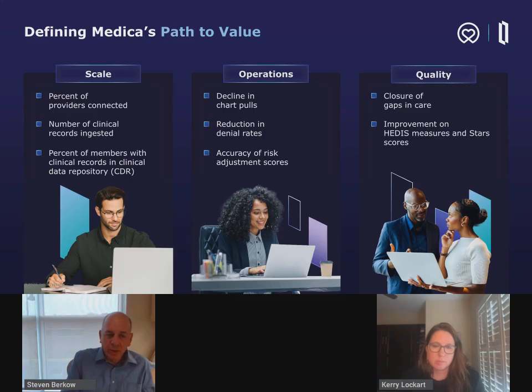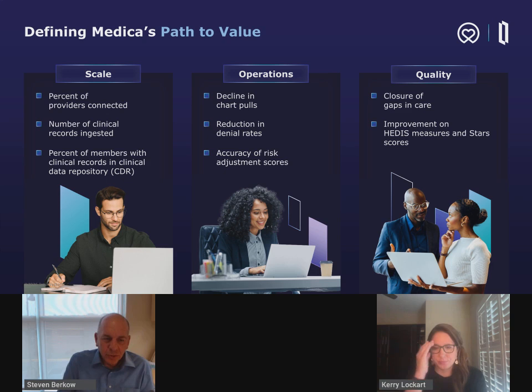So the first set of metrics really go back to what Carrie was talking about up front. We need to build the asset. The second one is, let's be sure now we're using the asset in operations. And then the final column says, okay, we want to be sure that we're starting to see impact. And so I think when you're thinking about what are your strategic measures of success for an initiative like this, I think Medica gives us a great start point. So that's phase 1 and 2.